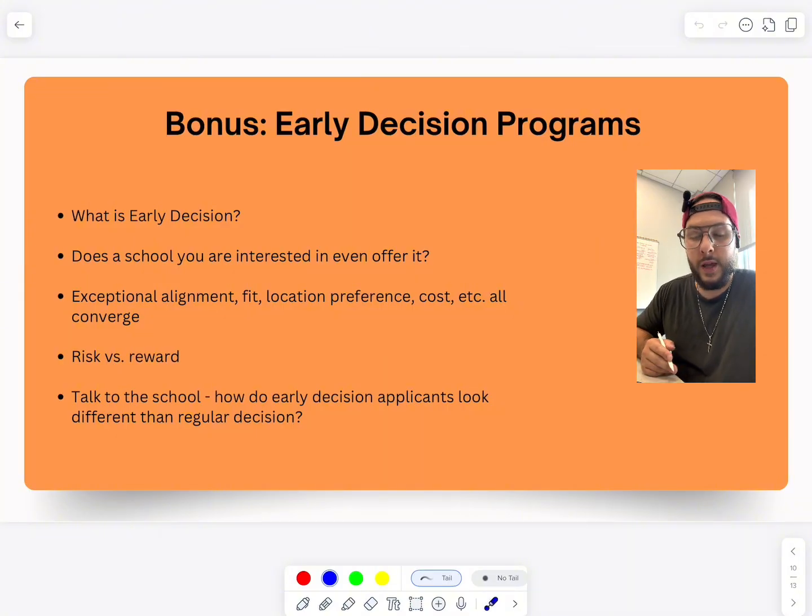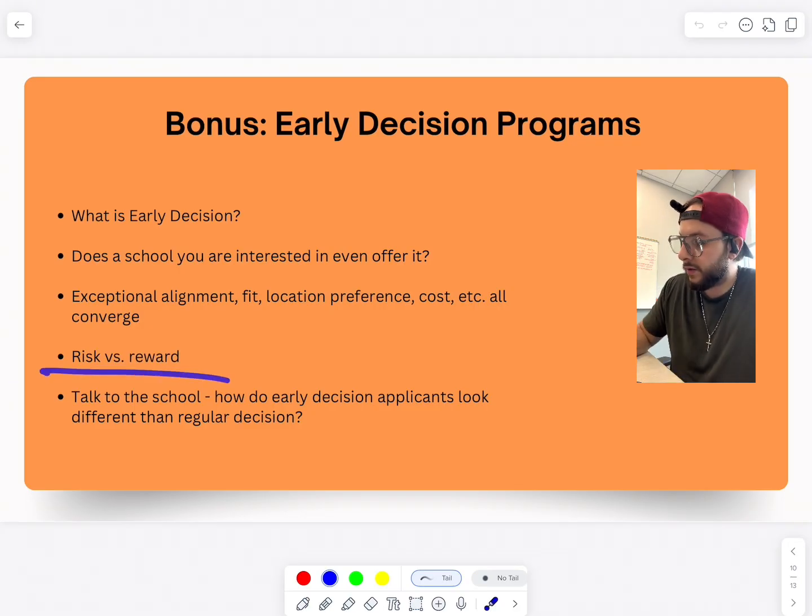Most medical schools would say that they give their early decision applicants a better look. They give them perhaps a better chance than their regular decision applicants, because they understand that when you apply early decision to a medical school, you are putting all of your eggs in that basket. Now, not every medical school offers an early decision program. Many of them do. And so you will need to go to either the school's website or to the MSAR, medical school admissions requirements that we talked about earlier, and see whether they do indeed have an early decision program. And again, evaluate the risk versus reward.